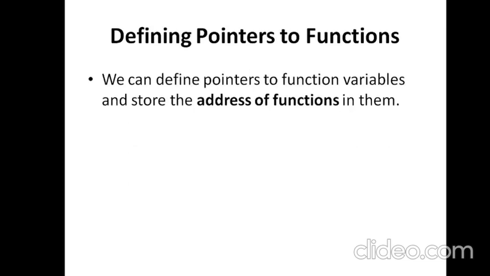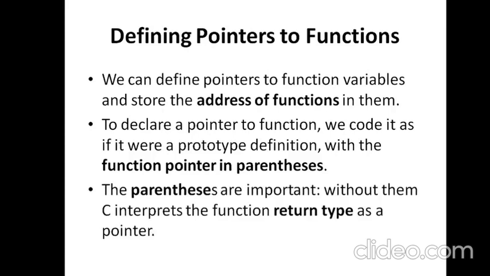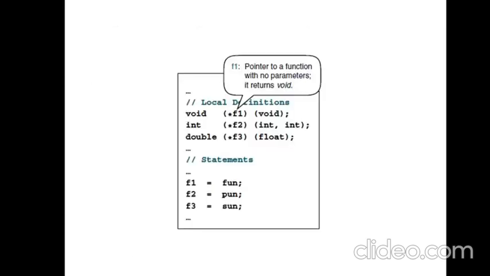So what we do is we first declare a function pointer. The first step is the declaration of function pointers. That requires a special syntax, which is being shown here. You have to mention the return type of the original function as the return type of the pointer. There should not be any mismatch between them. So void is mentioned here because the function to be pointed to by this pointer is also void.